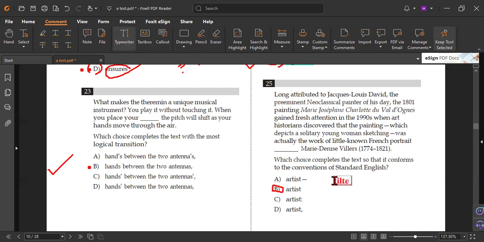If you wanted to use a title, and after the title, the name, between them we don't use any punctuation. So the title is, they know the title, just like your job, like artist, teacher, psychologist, scientist, whatever. So artist, and then the name of the artist. Between them, we don't use any punctuation. So no dash, no colon, no comma. So it must be letter B. So letter B is the best answer. Do you imagine it? Yeah.